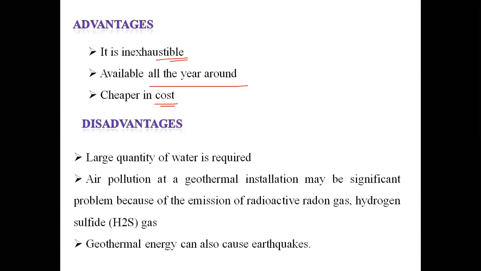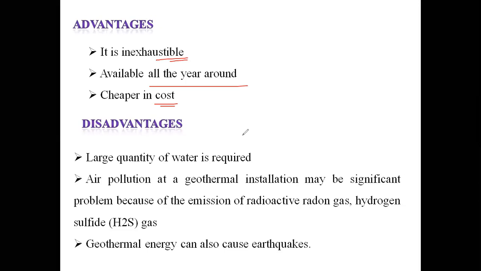And the demerits, that is, the disadvantages of the geothermal power plant. Location: we can generate the power only in hot rocks or volcanic lands. This is the major problem. Power can be generated in only a few places, and identification of rockland and volcanic land is very difficult.